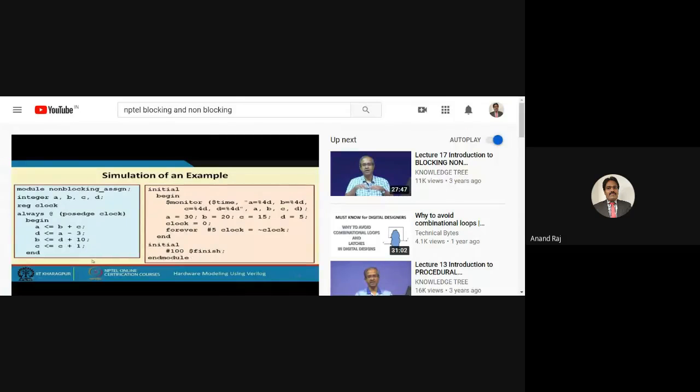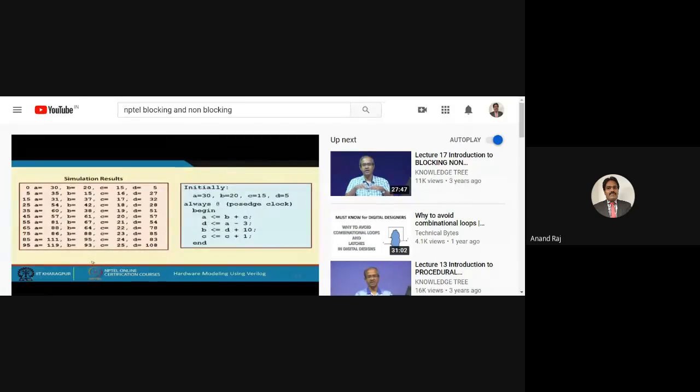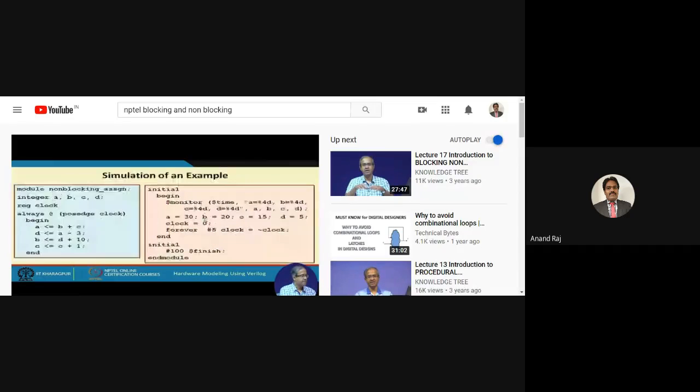Let us see the simulation output for this example. So, I have shown this side by side for convenience. Initially A30, B20, C15, D5, that is the first value which is printed at time t equal to 0. Then just this is the statement,